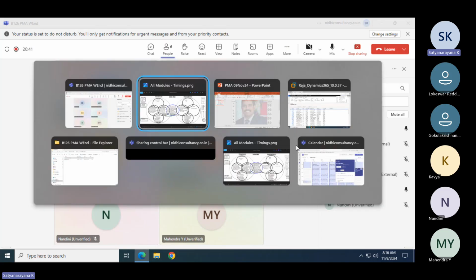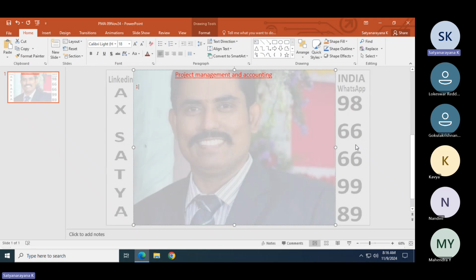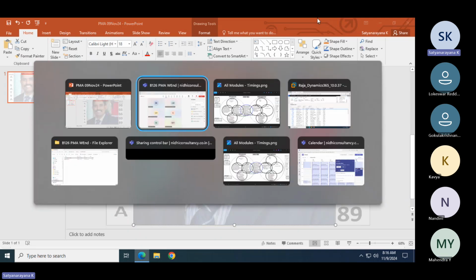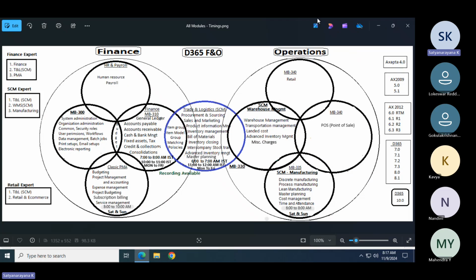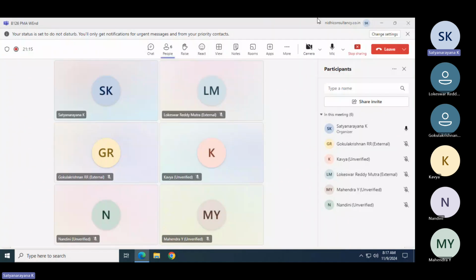So I will add you into that group once you ping me. Whether you are joining for my session or not, it is least bothering for me, because, unlike institutes, I will not force you. It is voluntary. If you are happy to join, you can join, otherwise you can leave. Unlike institutes, I will not follow up. I want to be very clear. I have been providing training for the last 12 years.